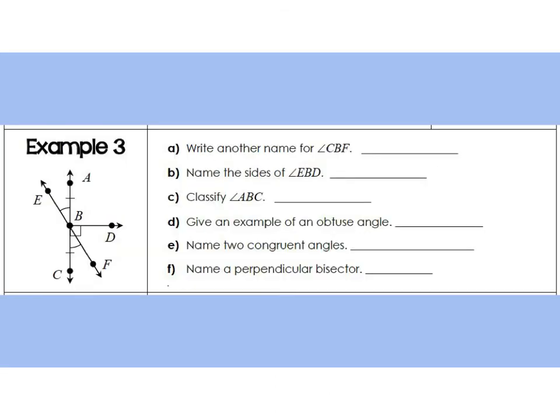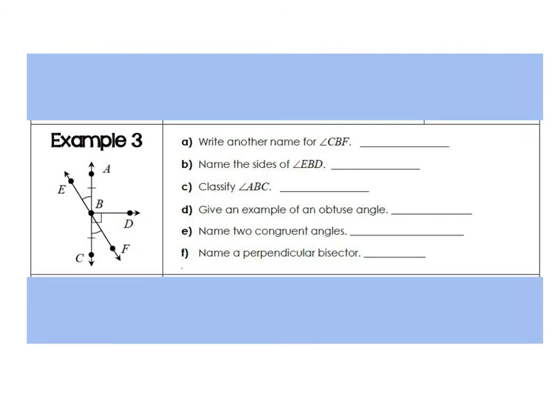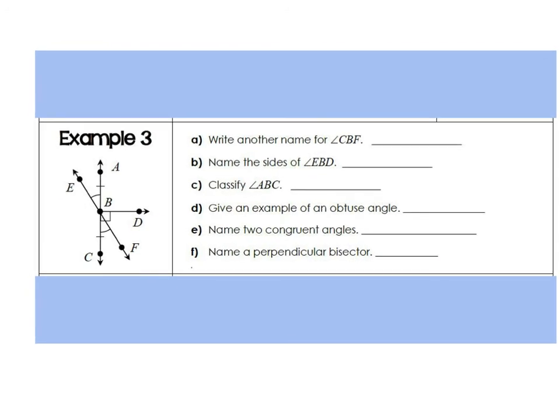Going on. Example 3. So we're going to put everything that we've gone over into play in this example. If you want to challenge yourself, pause the video and try it, go for it. If you're still a little bit confused, it's okay. You will have the opportunity to try another example next. Okay? So letter A says, write another name for angle CBF. So C, B, and F. All right? So another name for this one would be angle